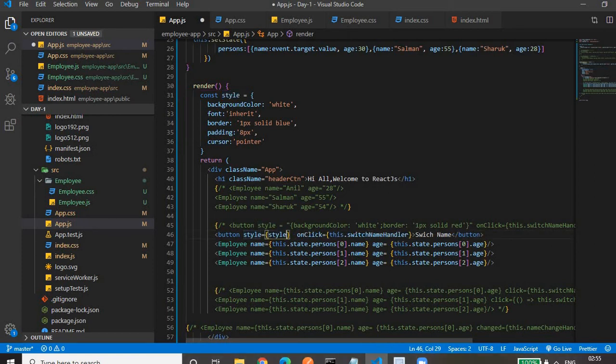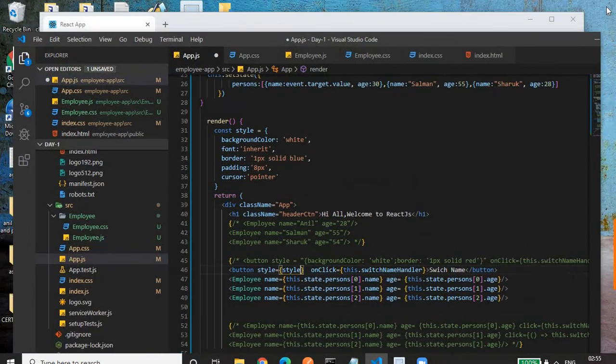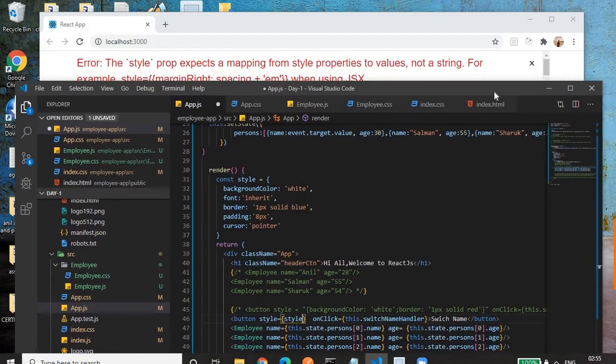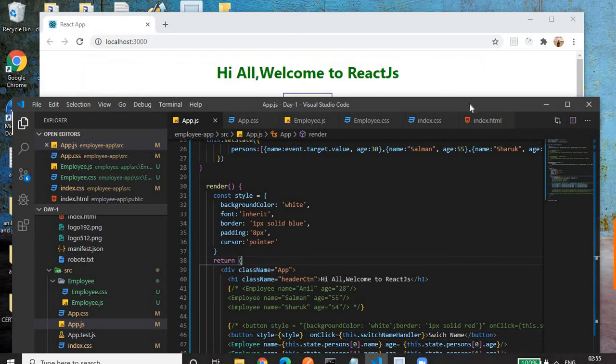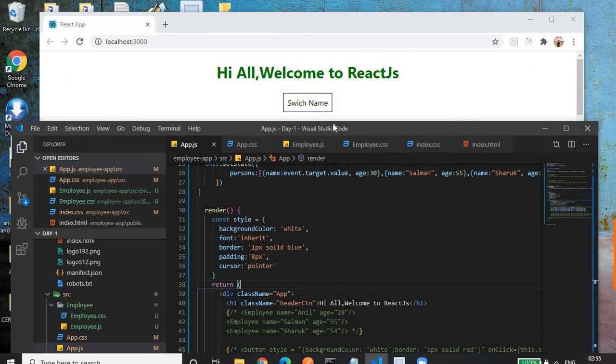Let me minimize the screen, and let me save it. Now everything will work well and we'll see a button with some border. We have applied a border of 1 pixel solid blue, and even the cursor as pointer, the hand-like symbol.